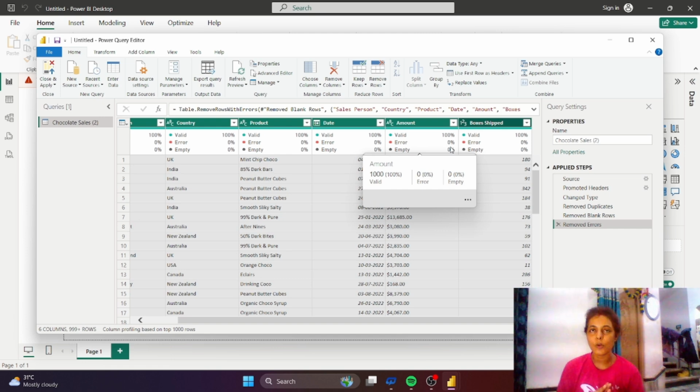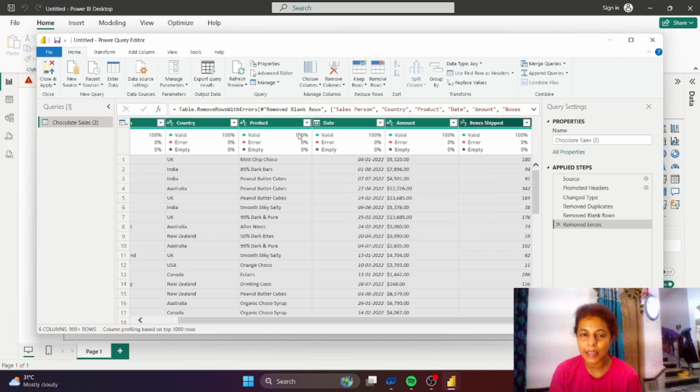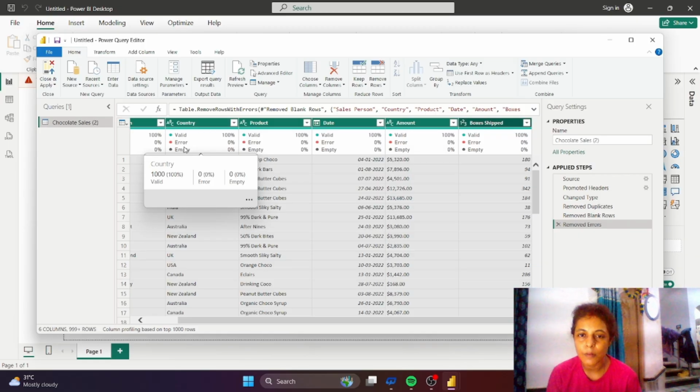And one thing keep in your mind, guys: whenever we work on an Excel or Power BI file, there will be many kinds of data available.